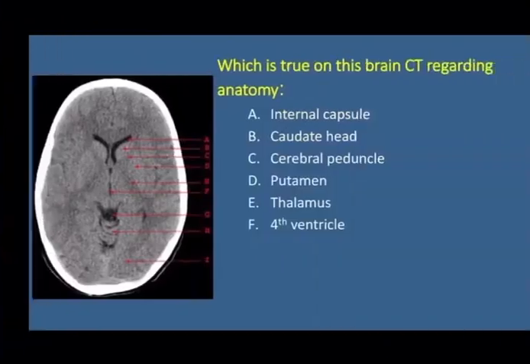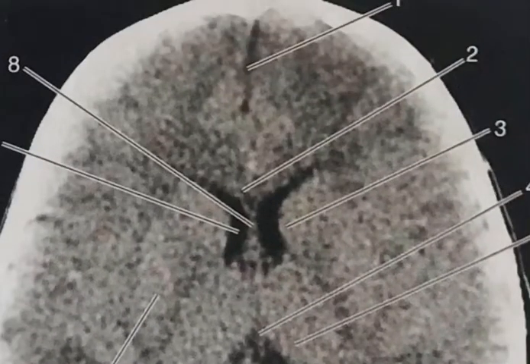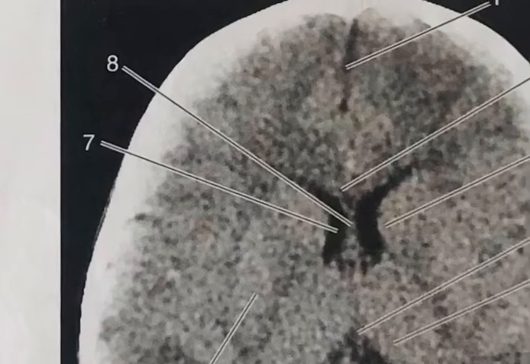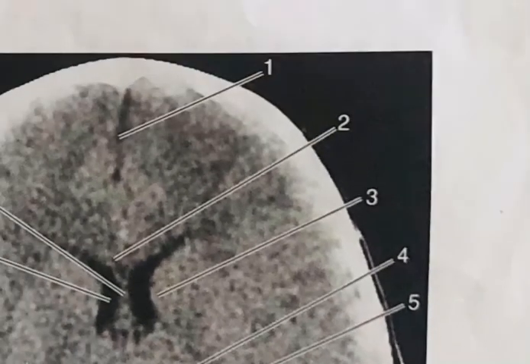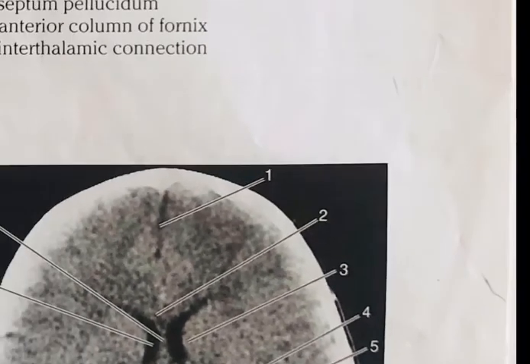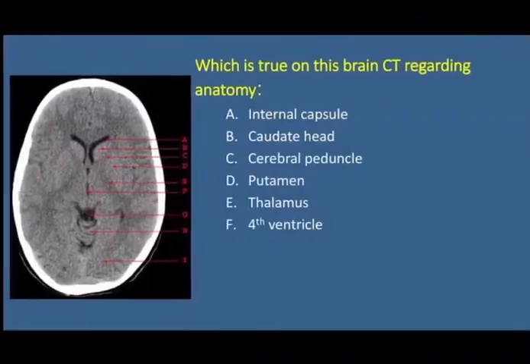Now, we see, here also you see the same picture. Both sides lateral ventricles are seen, and just adjacent to the lateral ventricle, point number 3 is your head of the caudate nucleus, and then point number 6, outside, that is lentiform nucleus, and then down number 5 is your thalamus. Keep it in mind. In between the caudate nucleus and the lentiform nucleus, you can see a faint area, that is your internal capsule. The same areas I am going to show again here.